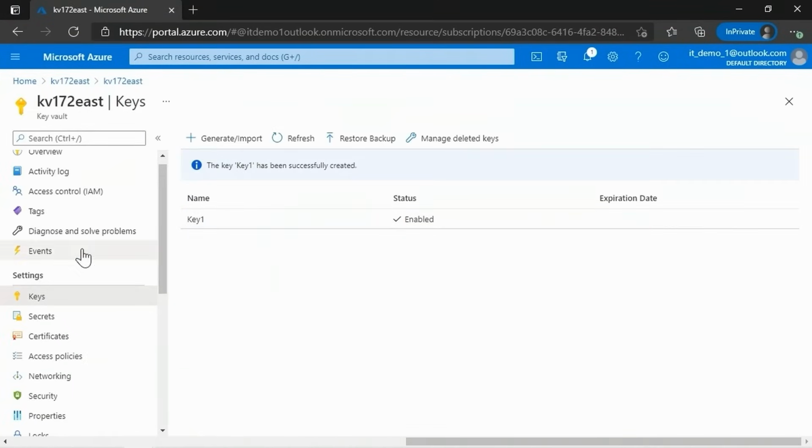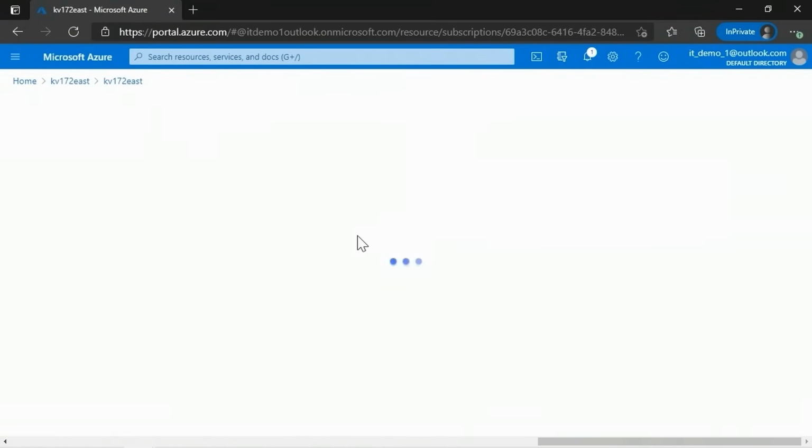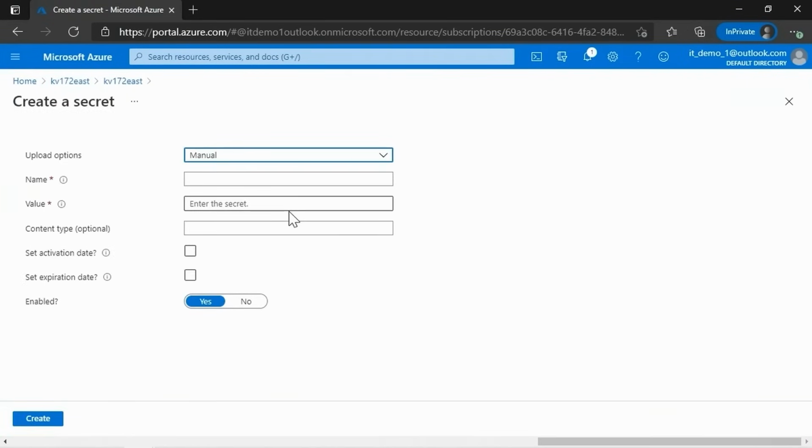We could also create a secret. I could choose Generate Import. And normally this would be used, for instance, for a database connection string. So let's say DB1 string. And then we could enter in whatever the string value is. We could set an activation and expiration date, and we could choose Create. And then that will be stored here so it can be referred to instead of writing that kind of thing